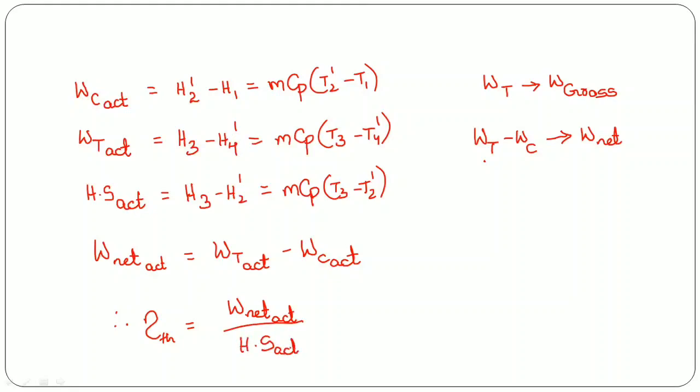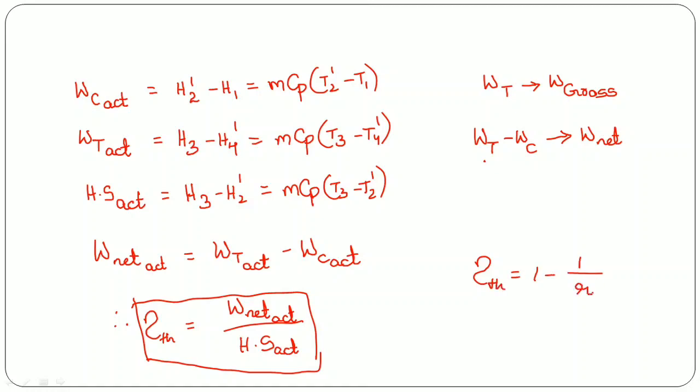So this will give us the thermal efficiency, and remember that when isentropic efficiencies are given in the problem, you should not use thermal efficiency as 1 minus 1 by Rp to the power (gamma minus 1) by gamma. This formula is wrong when isentropic efficiencies are given in the question. So you should use this particular formula in order to determine the thermal efficiency when isentropic efficiency is given.